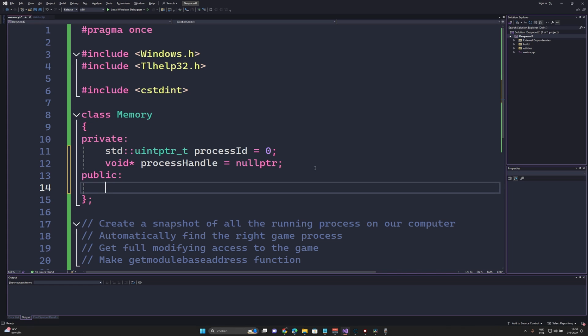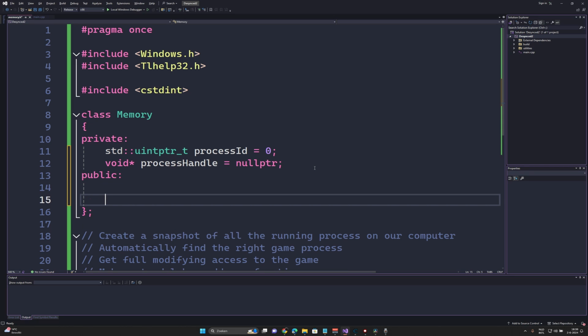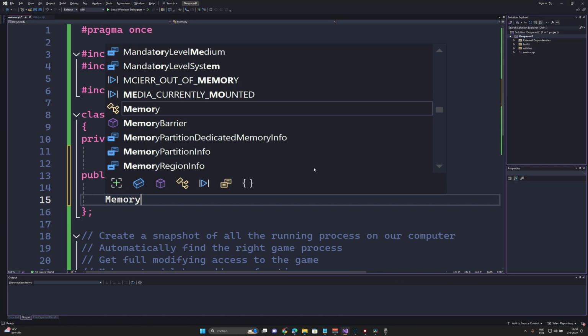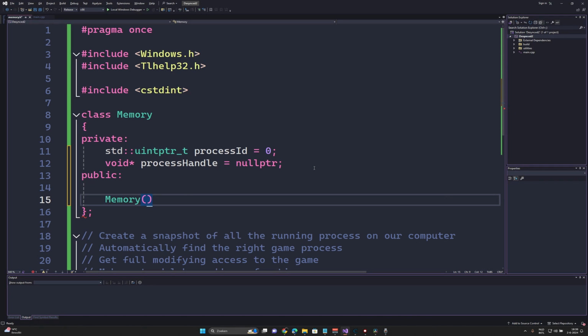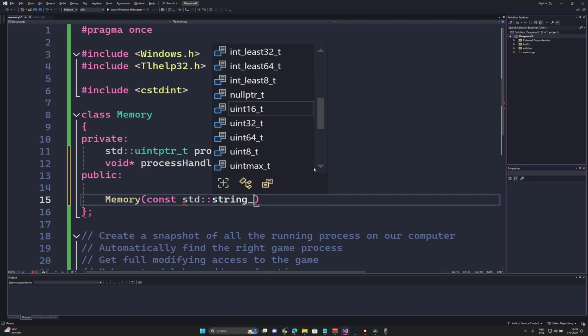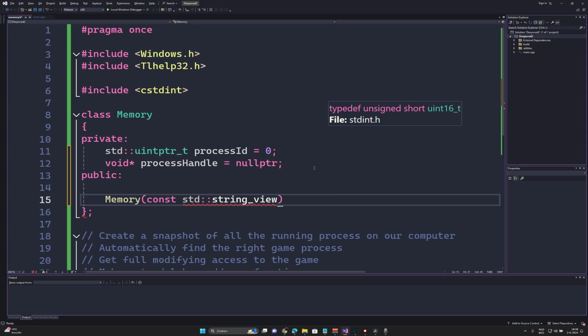And this is where we're going to make our constructor, deconstructor, and the functions. So let's first make our constructor. We call the constructor memory, and we're going to pass in one argument. That's going to be of constant std::string_view,